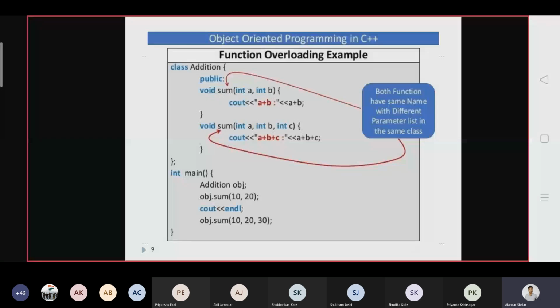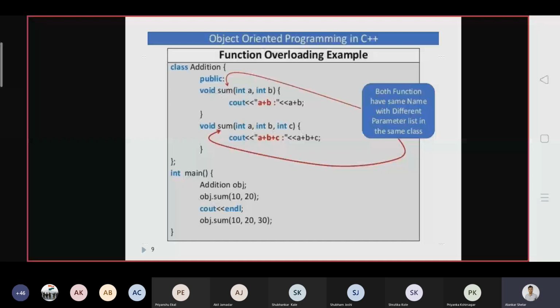Now obj.sum(10, 20). Which function gets called, the first one or the second one? Definitely the first one, because two parameters, 10 and 20, are passed. The first has two parameters, integer a and b, so that sum will get called and print the output. Again obj.sum(10, 20, 30) is passed.